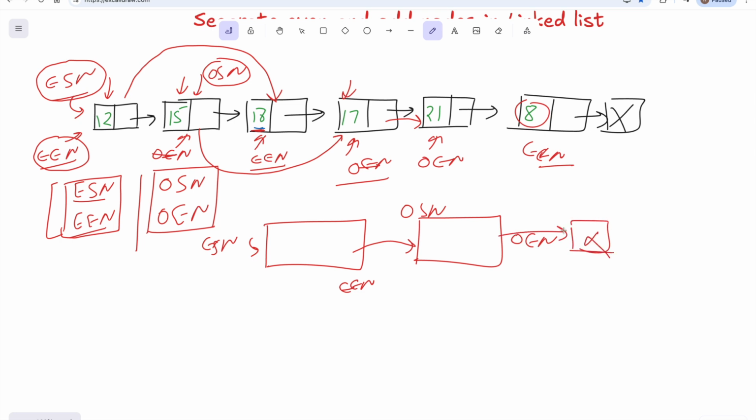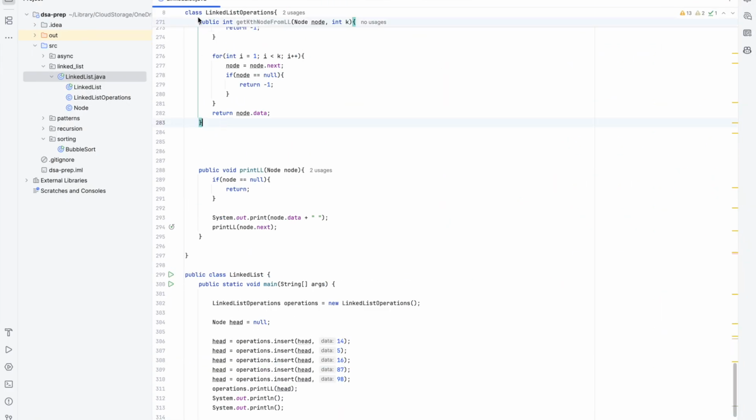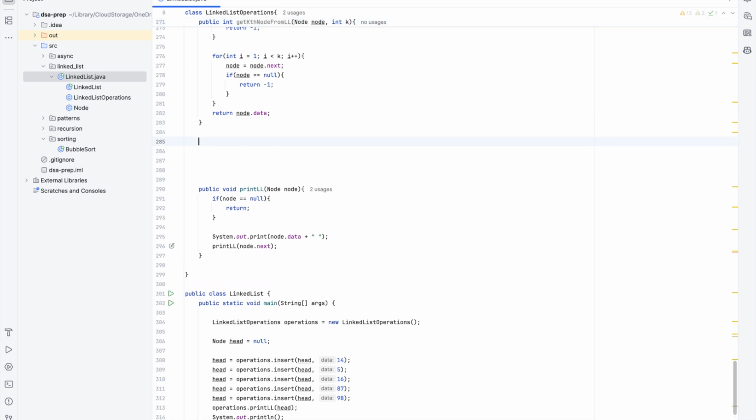Okay, so I hope this particular thing is making sense. It will make much more sense when we go to the code and see it. So let me just write the code and explain it better there. Okay, so this is our older file in which we are creating all our linked list functions. So we'll be creating one more function which is public.